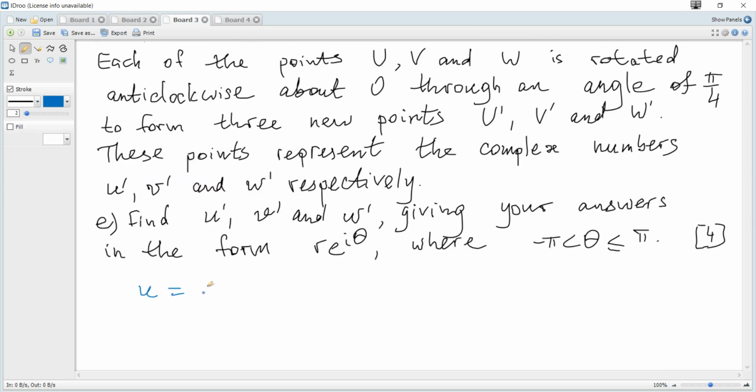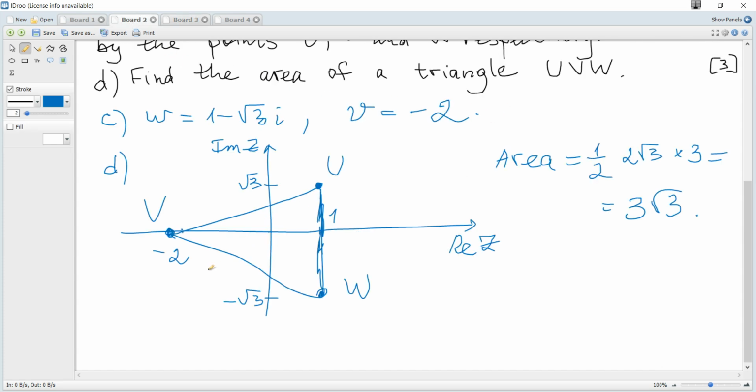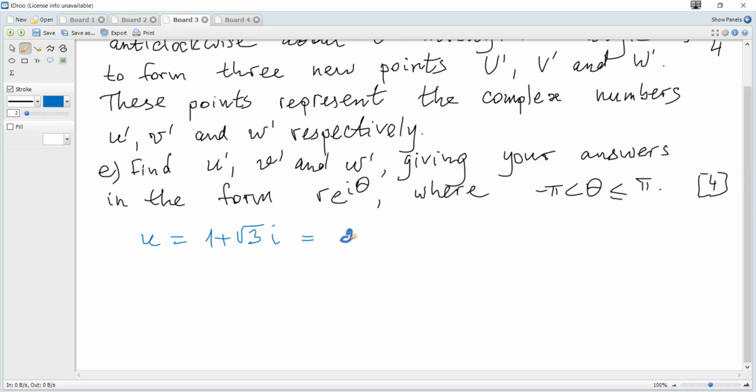U is 1 plus √3 i, and its distance from the origin, or modulus, is the square root of x squared plus y squared, which is 2. All three roots have the same distance from the origin, if we consider that z cubed is negative 8, and since V is 2 units from the origin, definitely all the others will also be 2 units from the origin. So the modulus is 2, and the argument